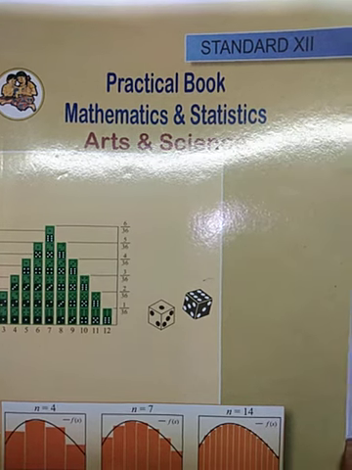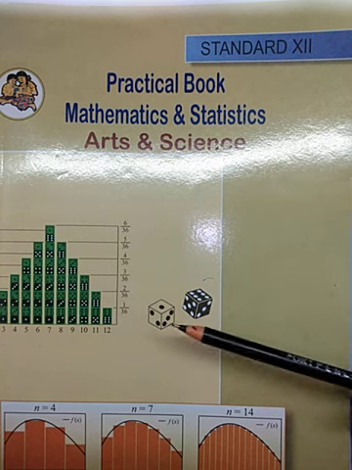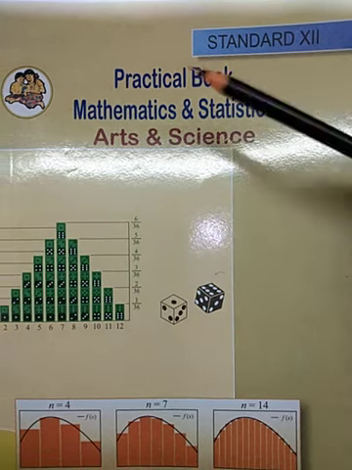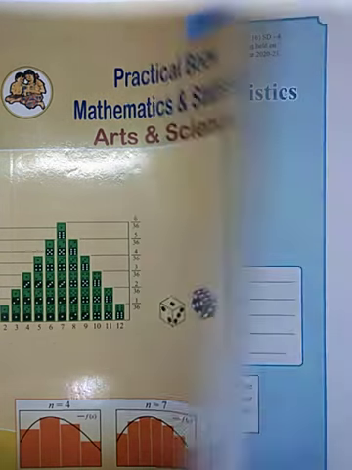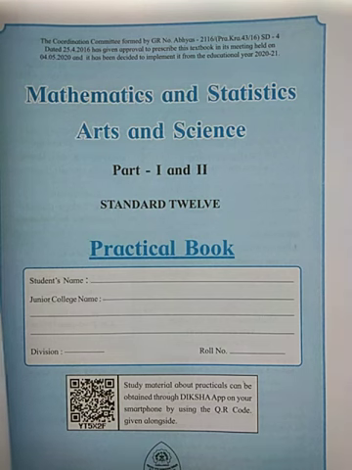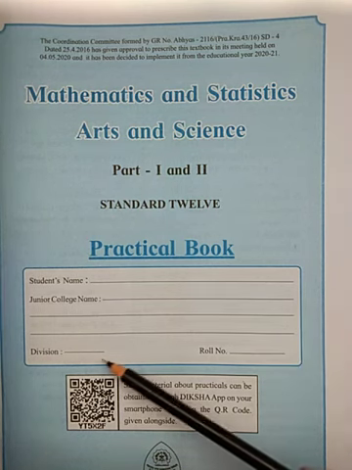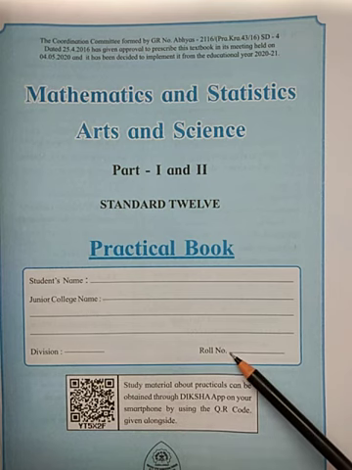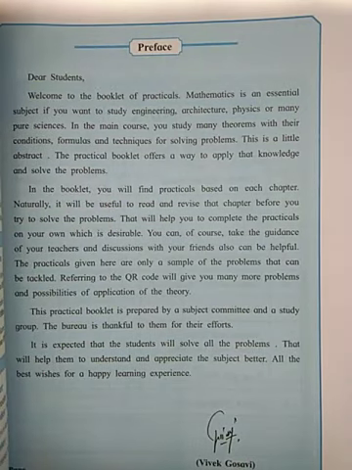See, this one is the standard 12th practical book. You are going to purchase this one, Bal Bharti. Clear? Now I will show you. See, your name, junior college name, the division to which you belong, your 12th science roll number. Okay, next,